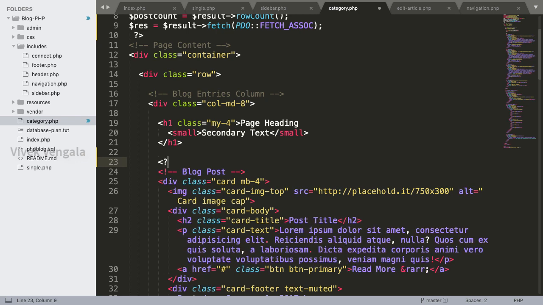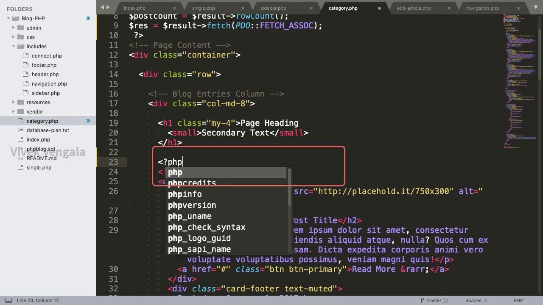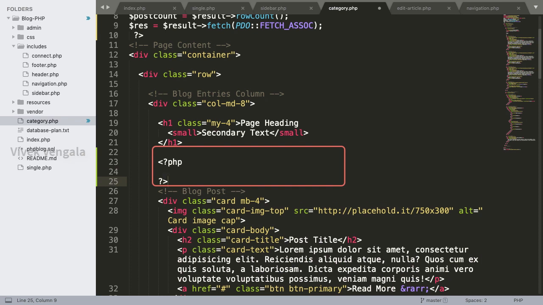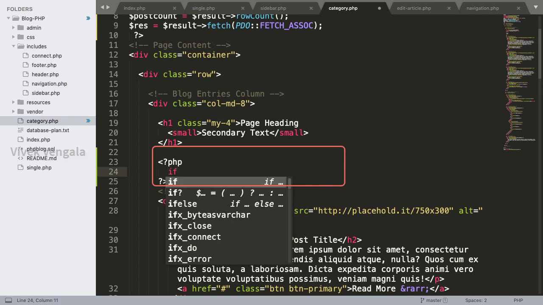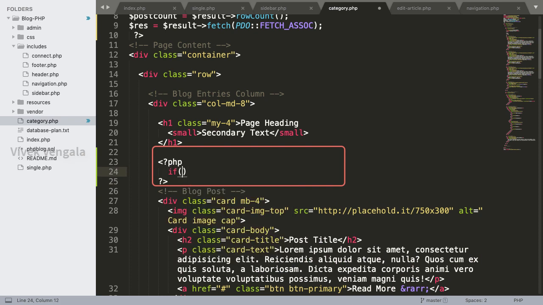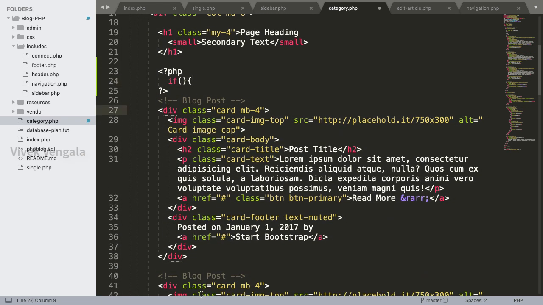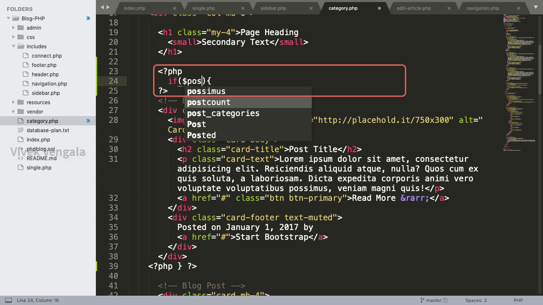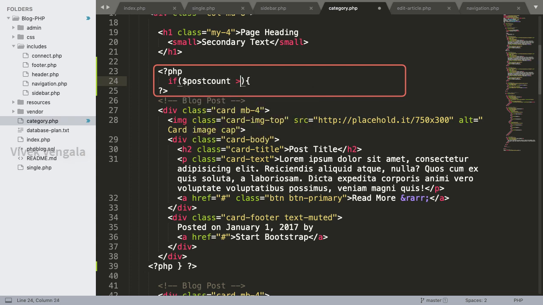For getting the category title from the categories table and the username, as we did the username fetching on single.php, I am going to do that. If post count is greater than or equal to 1, I'll loop this block with a foreach loop and display the articles by fetching articles from the post table. Else we'll display an error message, no articles found. If post count is greater than or equal to 1,